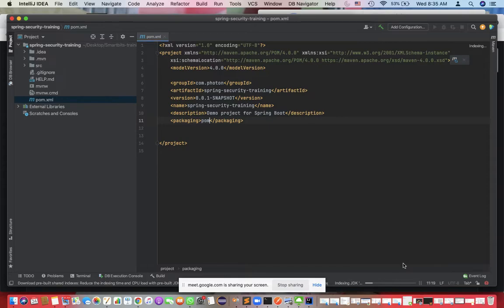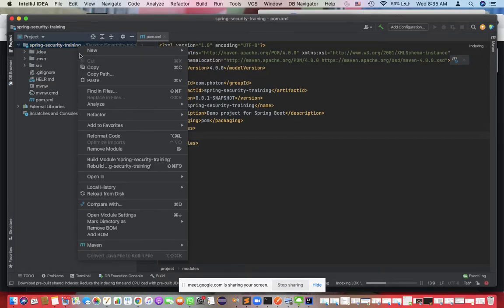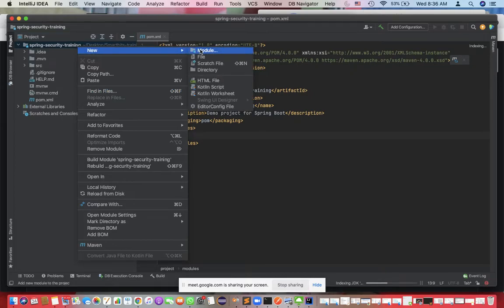Now the next thing is to add some module. If your IntelliJ is integrated with the Spring Initializer, you can right-click and add a new module.